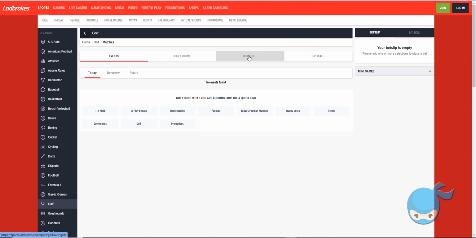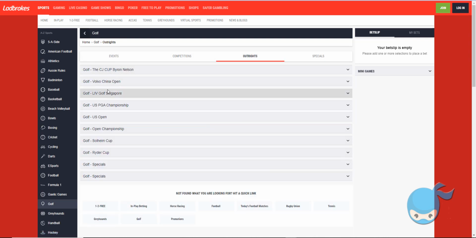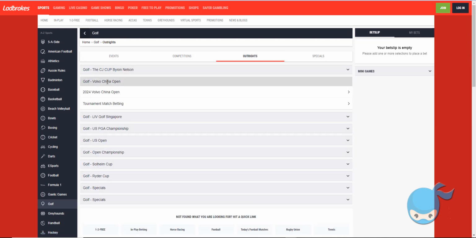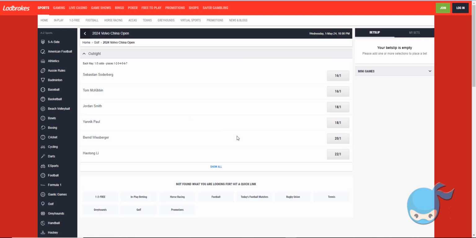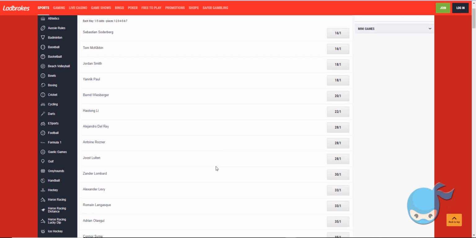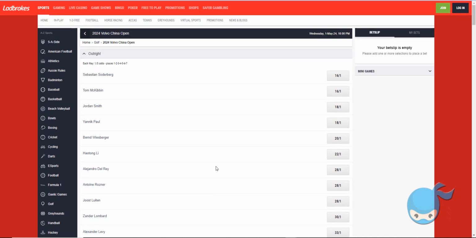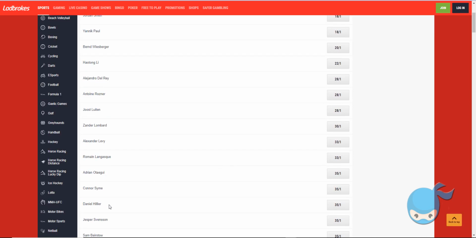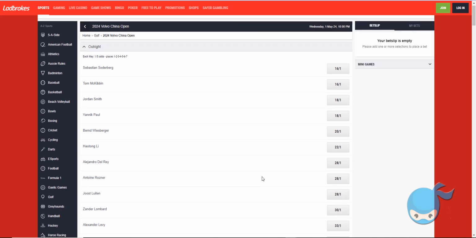We can go to outrights, and then we're after the Volvo China Open, so we can click on the China Open, and it's the one here, 2024 Volvo China Open, not the tournament match betting. We can click on that one, and then it will open up the page. We can show all to then list all the players in the tournament, and then we can scroll down to find our player, Adrian Otegui, odds of 36, or we can Control F,